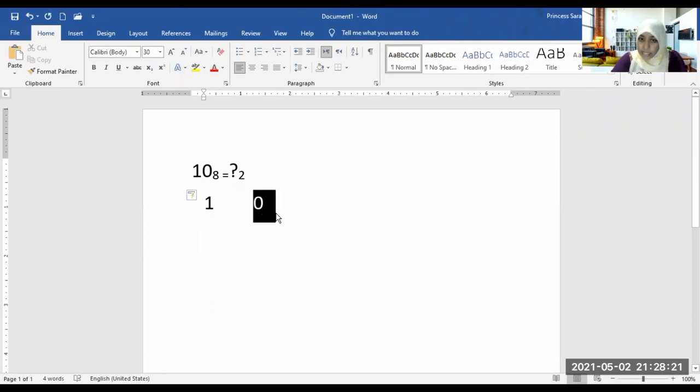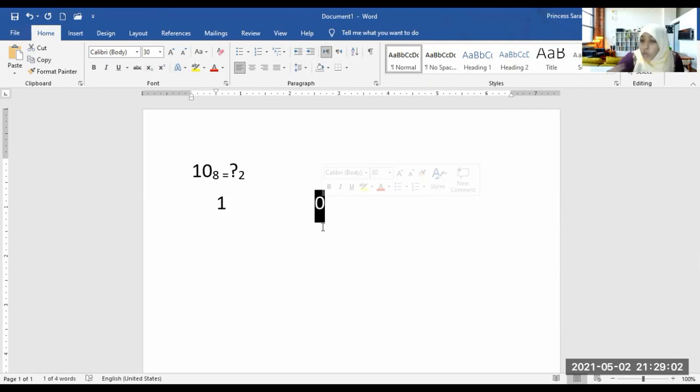The 0 of base 8, you should find the base 2. Write down the number like this separately, okay, 0 and 1 separately. If you can remember the chart, you know what is the binary equivalent of 0, right? So 0 is equal to 000. Always there are only 3 bits when coming to the base 8. If you don't remember the chart, then what you should do, divide this 0 by 2. So dividing the 0 by 2, anyhow it is 0, no, but you should write it with the 3 bits. So 0's equivalent is 000.